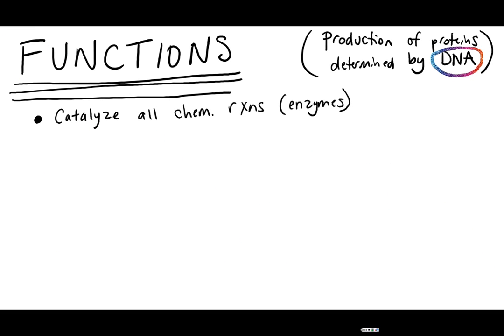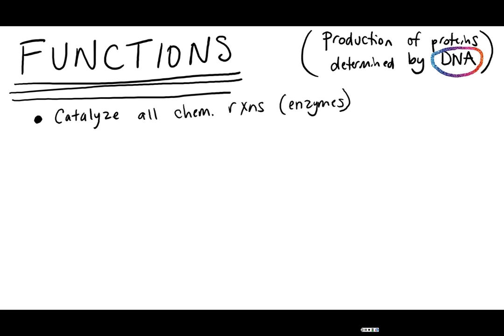Now, your proteins, just to give you an idea of how significant they are, they're formed by the direction of the DNA molecule. You probably have heard of that before. DNA is your hereditary molecule. So when we talk about inheriting traits or characteristics from our family members, what we're inheriting is the direction for how to make these proteins. So our proteins are the result of our DNA sequence. Okay, so that's the significance here.